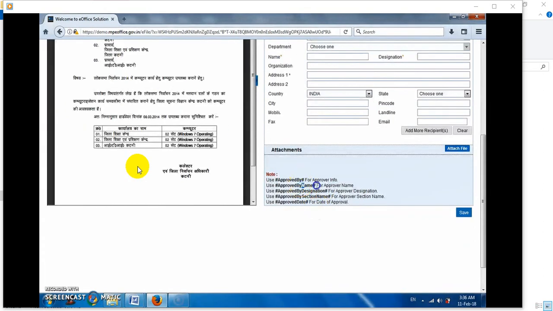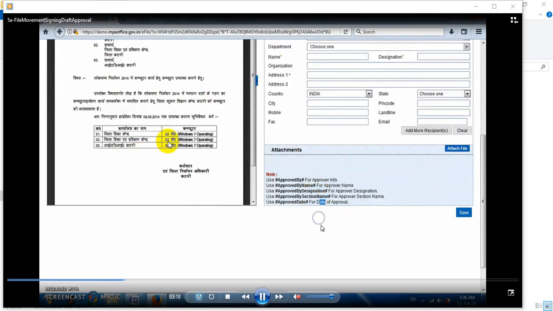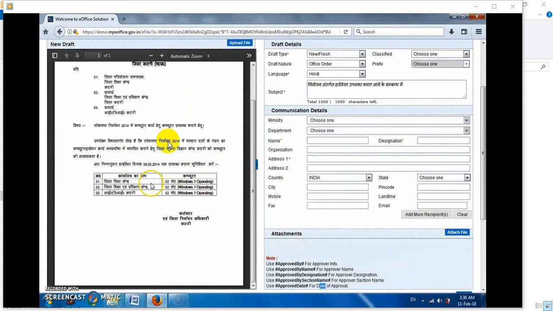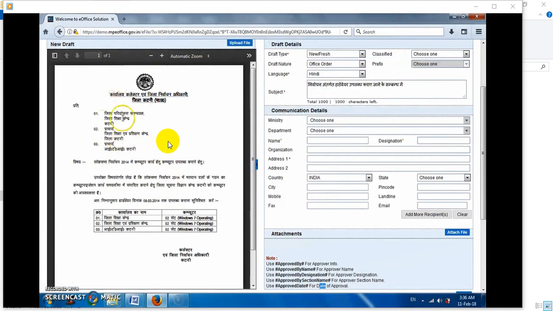On the right side, see this communication details part, with three fields: name, designation and address. These are important fields. Please note, address has a red star mark, but name and designation are orange and not red. Why is it so? Because if both name and designation cannot be filled, at least one must be given out of these two.